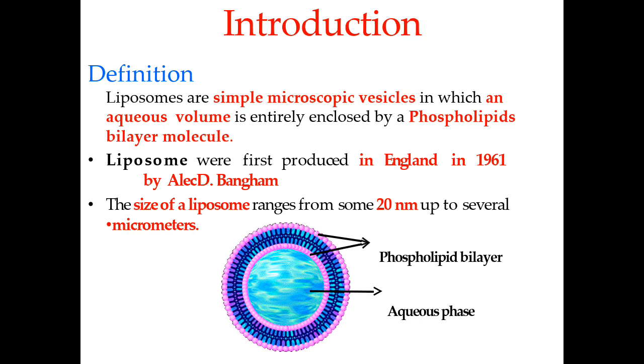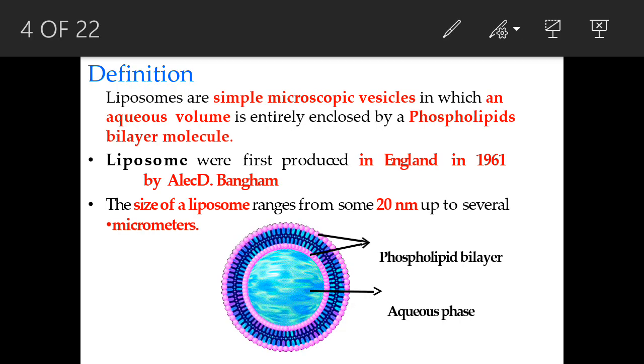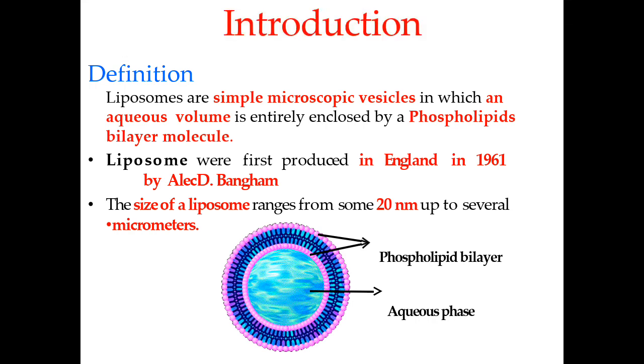In the diagram, we are able to see the pink color two spheres, which are made up of the phospholipid bilayer. You can say these are the polar heads, and between these two rings of the pink color, we are able to see the tails in blue color. That is nothing but the bilipid layer, the region where you are going to encapsulate the hydrophobic drug moiety, and in between there is an aqueous phase. You can incorporate your drug molecule which belongs to the water soluble category.